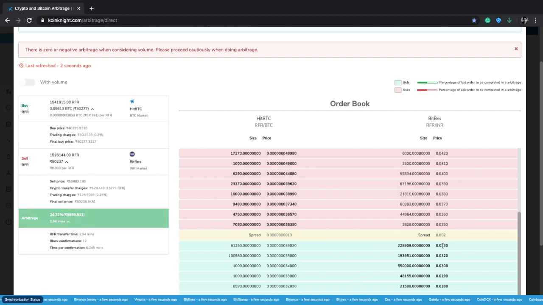So we basically end up with a new problem now. The system is not telling us which arbitrage is profitable in reality. And also, it is very time consuming for a user to every time see whether a sufficient amount of volume is present or not by clicking on the Track Live button every single time. And to solve this problem, we have to just go back to the direct arbitrage page and then just click on the with volume toggle button present on the top.